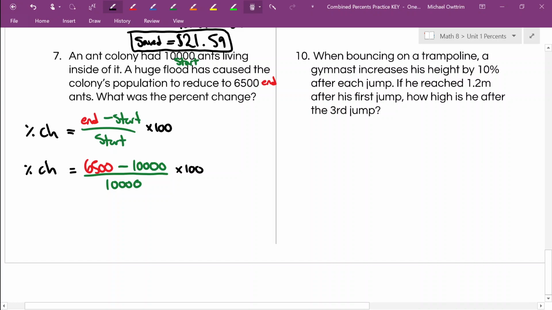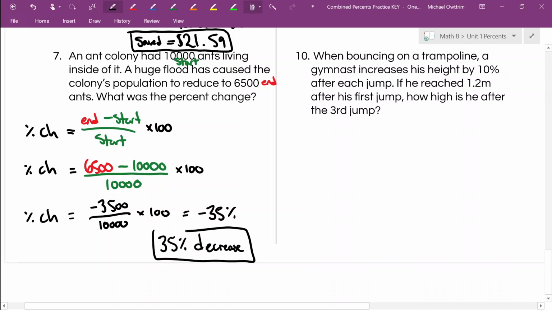When we do this calculation, we get negative 3,500 on top out of 10,000. Again, remember that negative is just telling us that we're decreasing, which is what we expect. The population went down. So we're going to have our 3,500 divided by 10,000, which gives us 0.35 times 100. So this is negative 35%. And we could say this is a 35% decrease